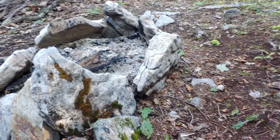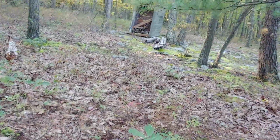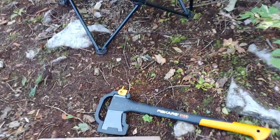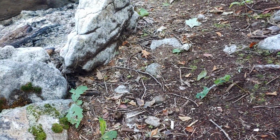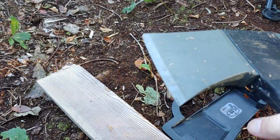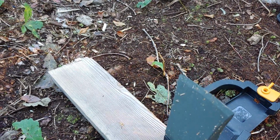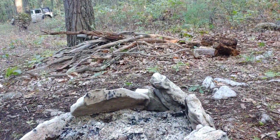Alright, so I'm gonna get this fire going again. Got some dry wood out of the wood shed over there that we used to get this going. There might be some hot coals in there, I'm not sure yet, but here's the axe I was talking about. It's a Fiskars X15. These things new are razor sharp. If you're not careful, you'll cut yourself real quick. But I'll split up this old 2x4 here that's nice and dry, and then get some of the other wood there and